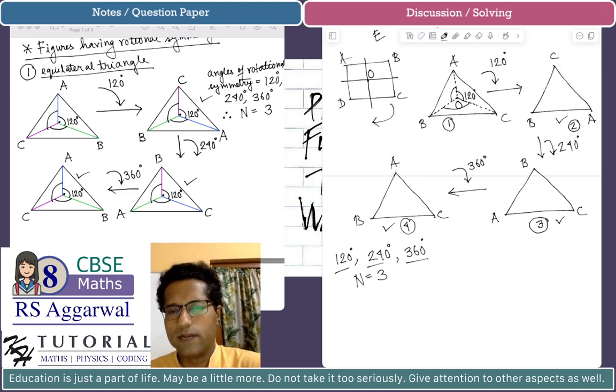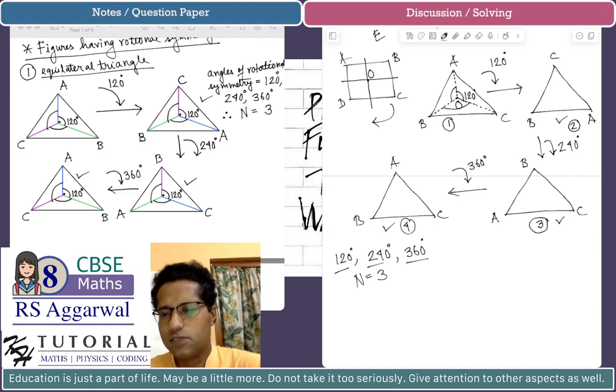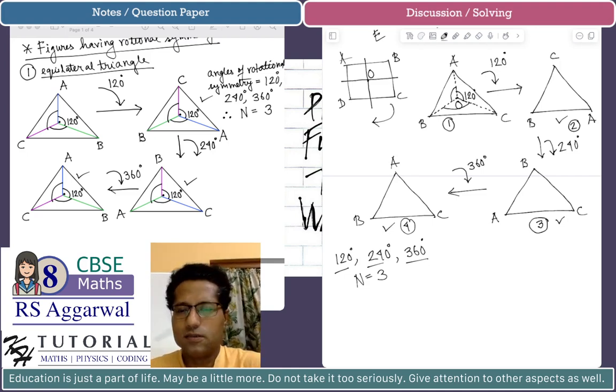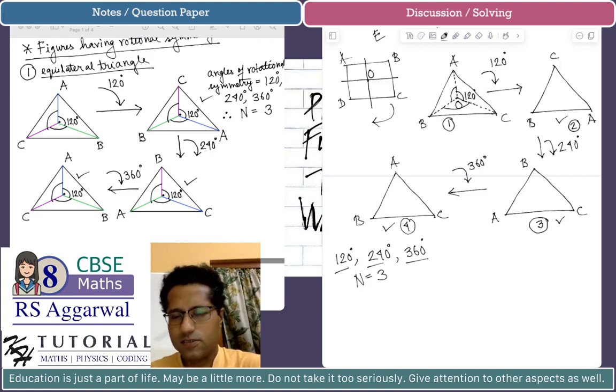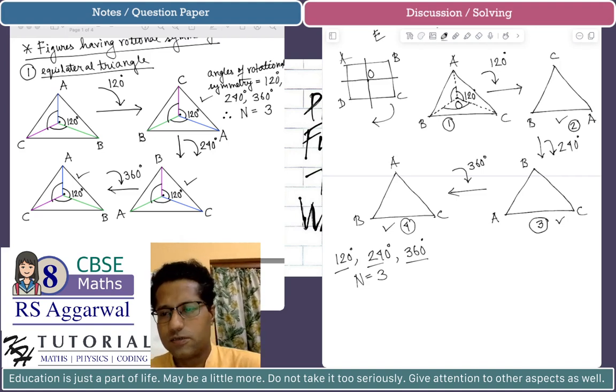So if you keep on rotating a figure up to 360 degree, that is up to a full rotation, and if you mark and observe those angles of rotation at which the figure is looking exactly identical to the figure in the starting position, and if there are n number of those angles, then the order of rotational symmetry of that figure is n. So in an equilateral triangle, n we can see is 3, that is the order of rotational symmetry is 3,